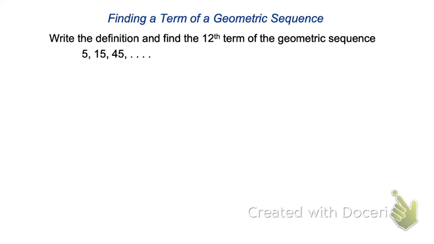Write the definition and find the 12th term. So what's my formula? A sub n equals a sub 1 times r to the n minus 1. You just leave out all the important stuff. It's okay. So a sub n equals times 3 to the